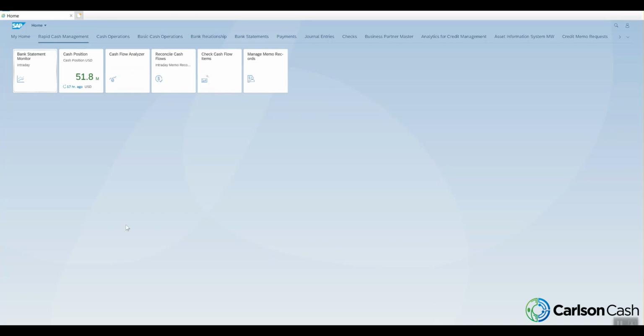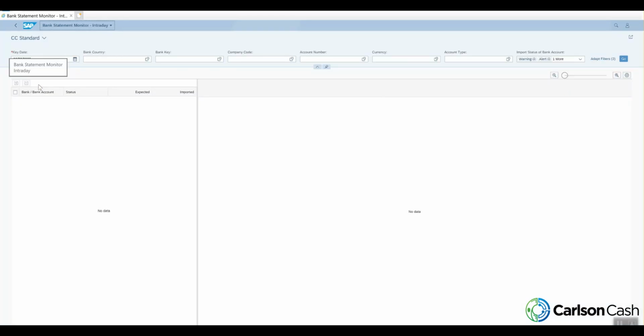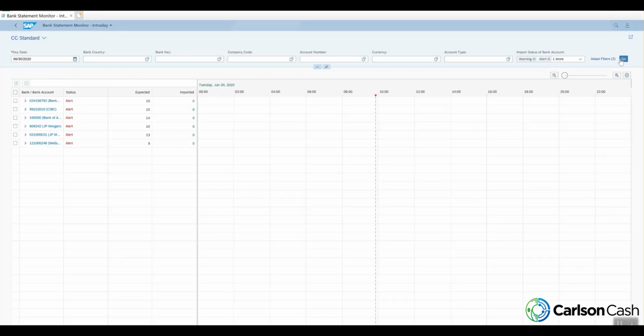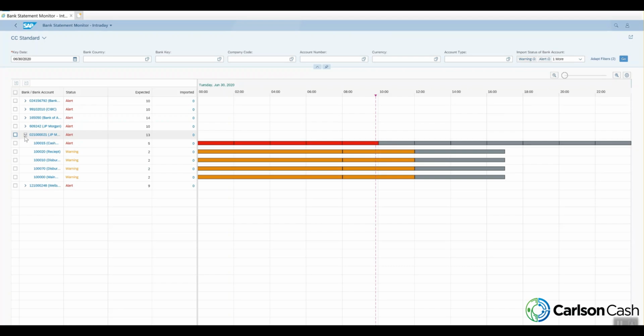Okay, now we're in the system, we're going to drill into the bank statement monitor. Just one thing I want to highlight with this is there used to be no way to know if our current day bank statements have been loaded in the system or not without looking at the jobs in the system. So right here, it's a more user-friendly way where we can check and see, have our current day bank statements been loaded in the system? And this is going to be used just to know if our current day activity is up to date, if we have timely information in our system.